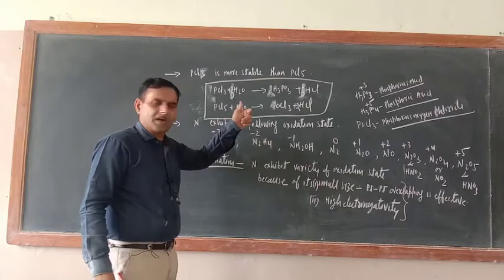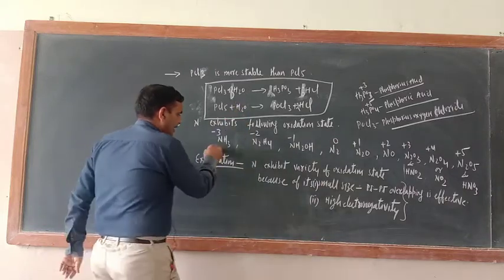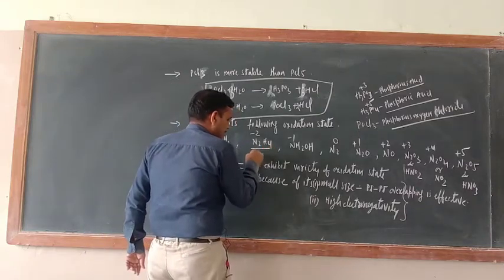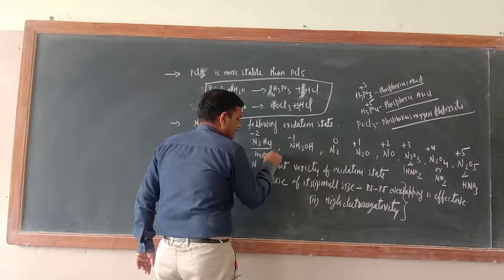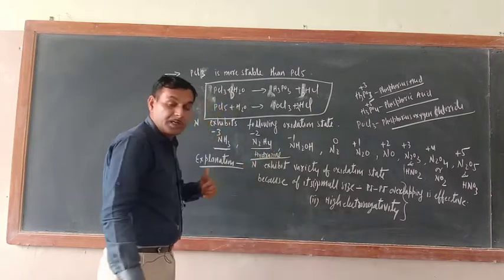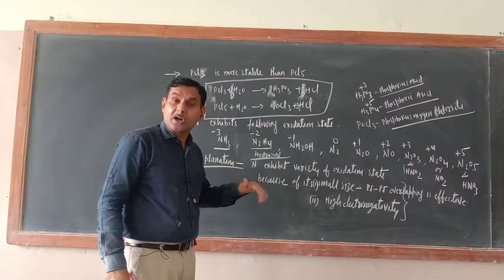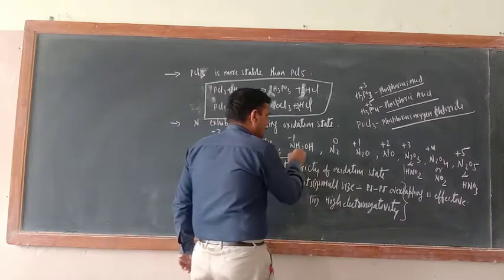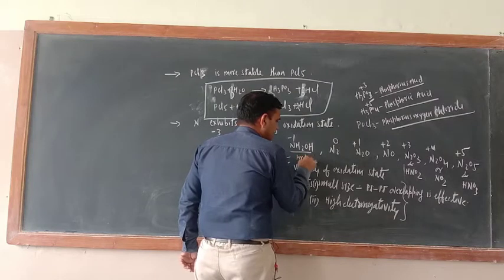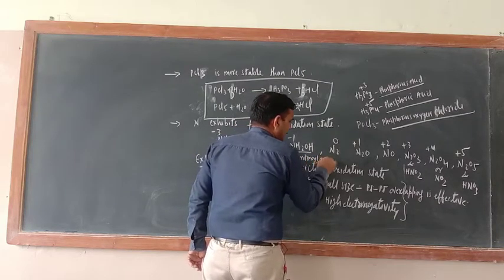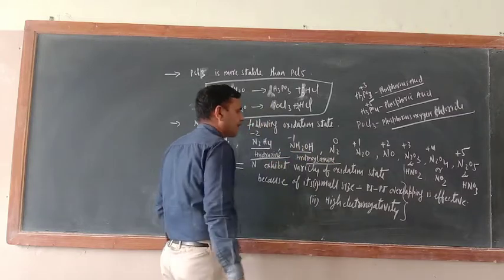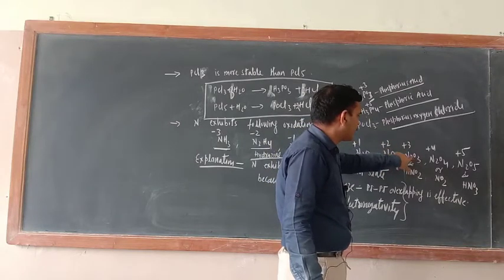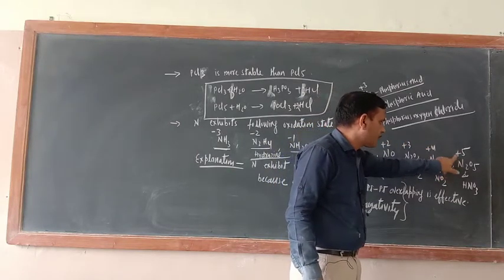Nitrogen exhibits the following oxidation states. Just see. Ammonia, what is the oxidation state of nitrogen? -3. This is one compound. The name of this one is hydrazine. And it is used as a fuel in rockets, okay. Remember, this is hydrazine, -2. This is hydroxylamine. What is the oxidation state of nitrogen here? -1. N2O, nitrous oxide, +1, NO +2, N2O3 +3, N2O4 +4, N2O5 +5.